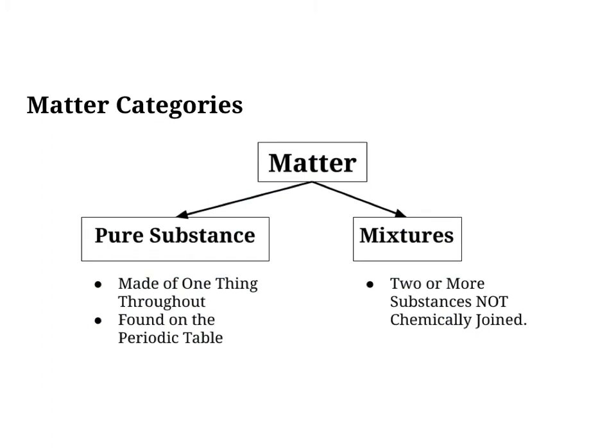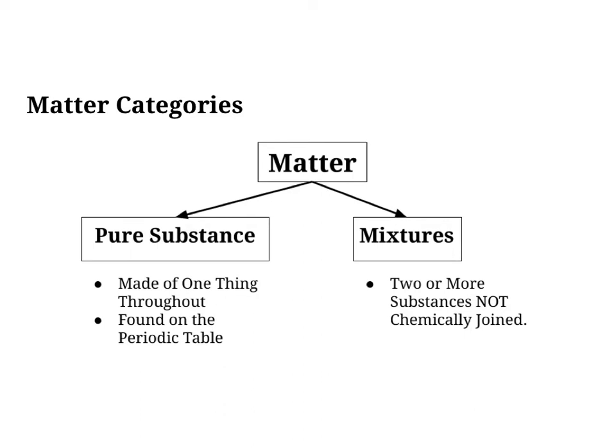So we can break matter down into two main categories, and those two main categories are pure substances and mixtures. So we're going to start with the pure substance side. Pure substances are made of one thing throughout. So you could look at it and be like, this is water, this is carbon, this is sodium chloride. The whole sample will be made of one thing throughout, and it's generally made out of things that are found